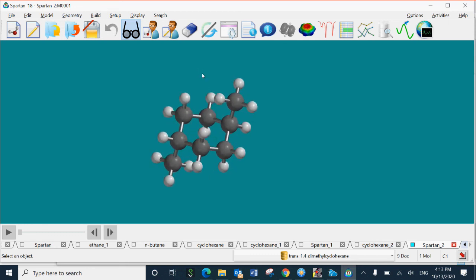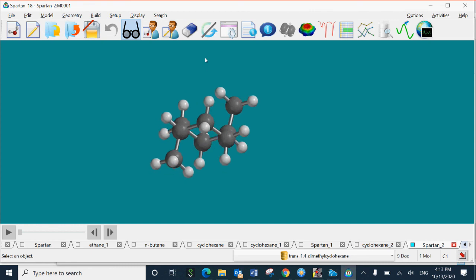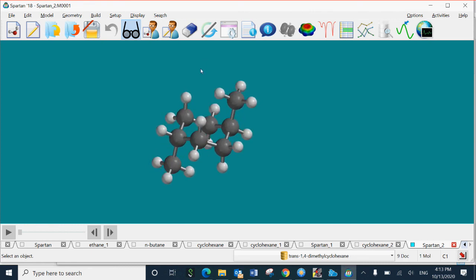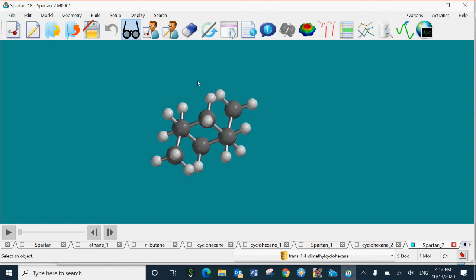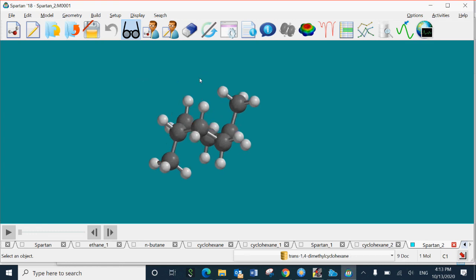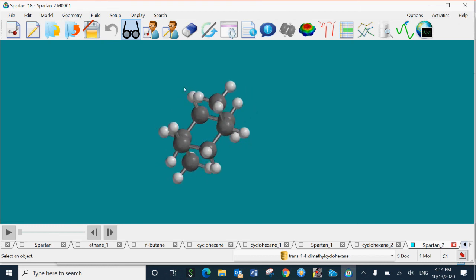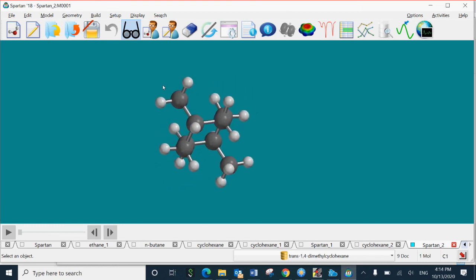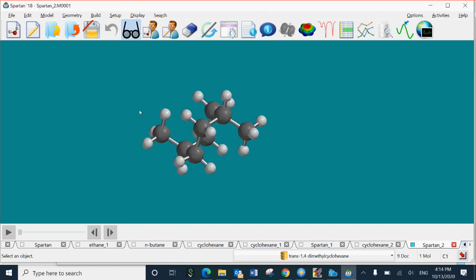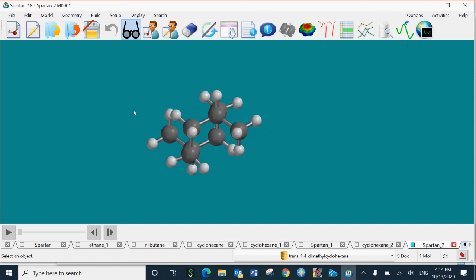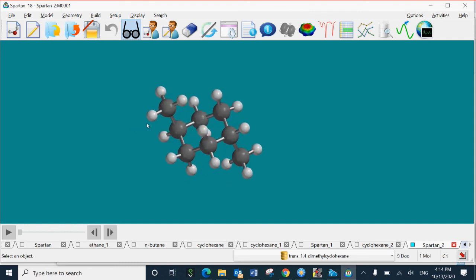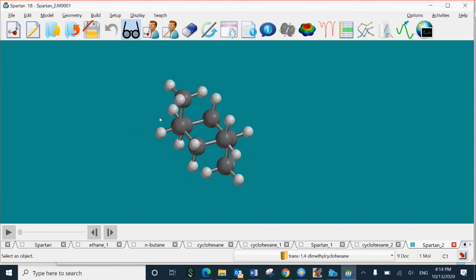So in this case, gauche conformation is as in butane. So you orient carbon and another second and third carbon and see any two methyl groups coming together, coming closer. So you need to check between all adjacent carbons and see if any gauche interactions are there, and then you need to record.